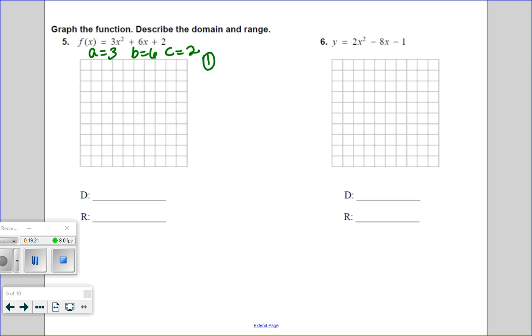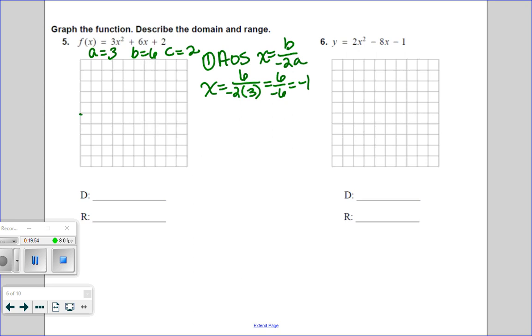So step 1, let's find the axis of symmetry with our wonderful little formula, b over negative 2a. In this particular case, b over negative 2a is going to look like 6 over negative 2 times 3. Negative 2 times 3 is just negative 6, and 6 over negative 6 is -1. So what that means is, as I start to graph this,